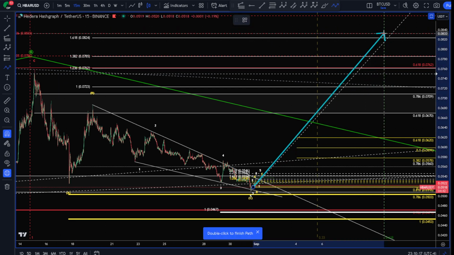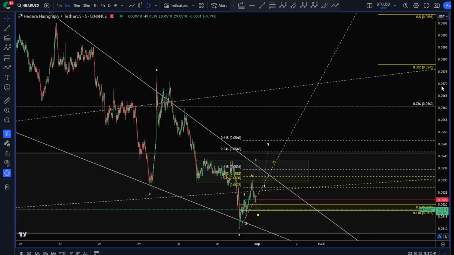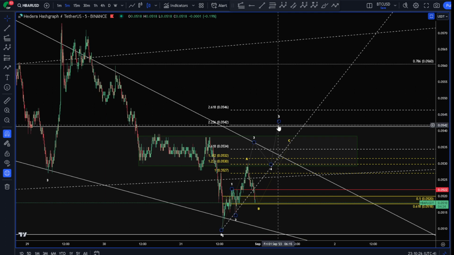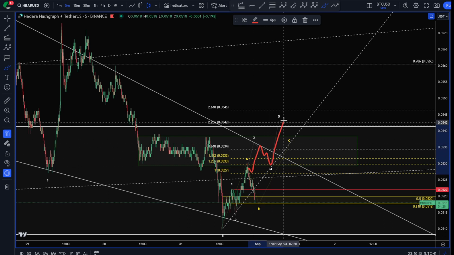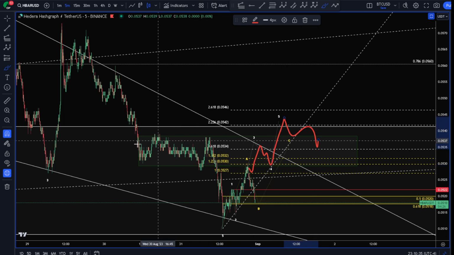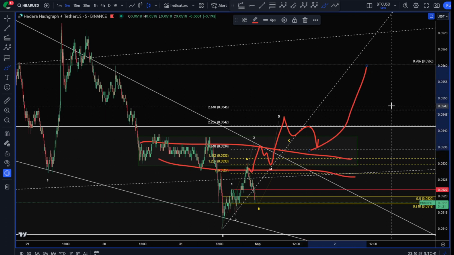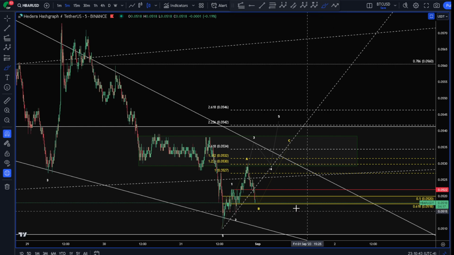Looking for this move. Now looking down on the smaller time frame, I was looking for 5 waves up above in this count here, and then looking for support in this area here to take a long. As you can see, we didn't get that. We got a 3-wave move, ABC,